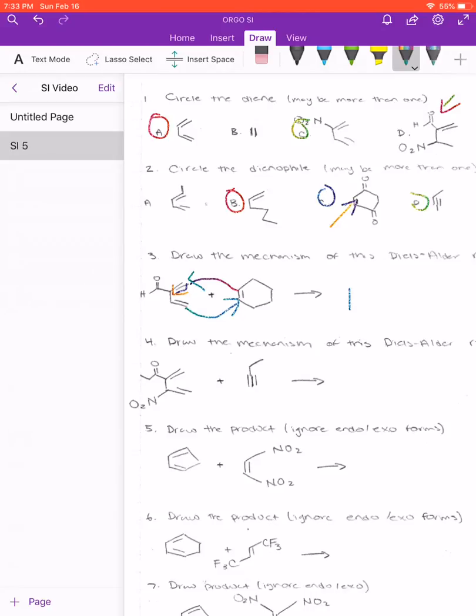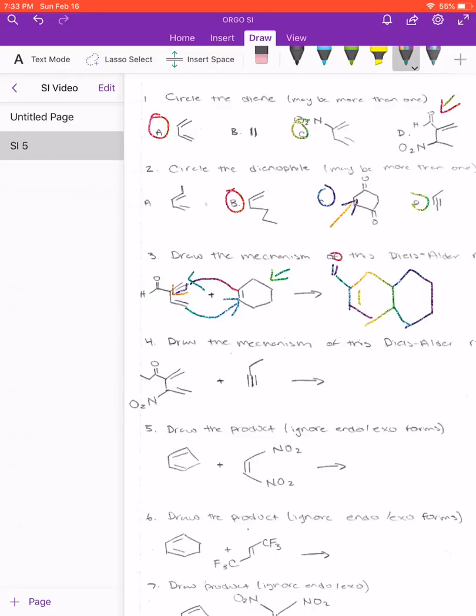we're always going to form one ring. But when we have something like this dienophile, when it's already in the ring, we're going to form 2 rings, right? And you have the double bond that was retained right there, right? And you're going to have the substituent, which was just a carbonyl, right? Okay, so now question number 4